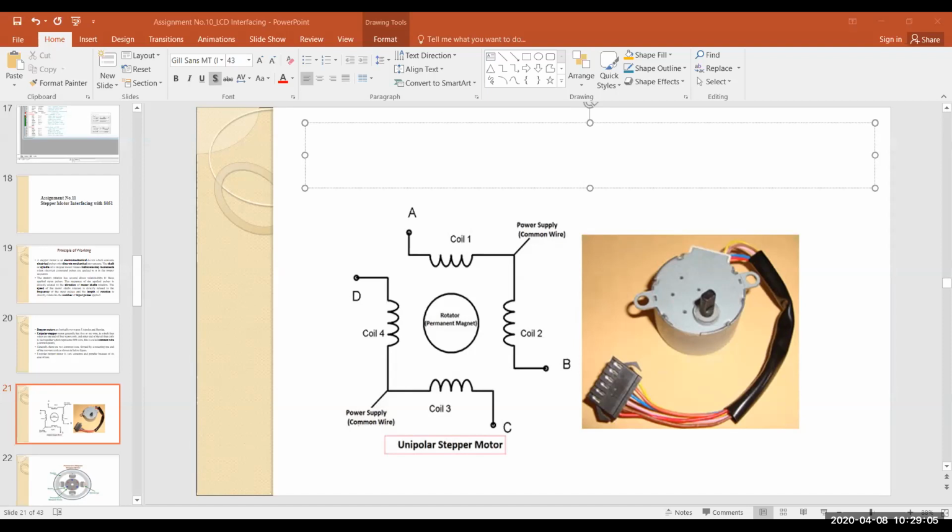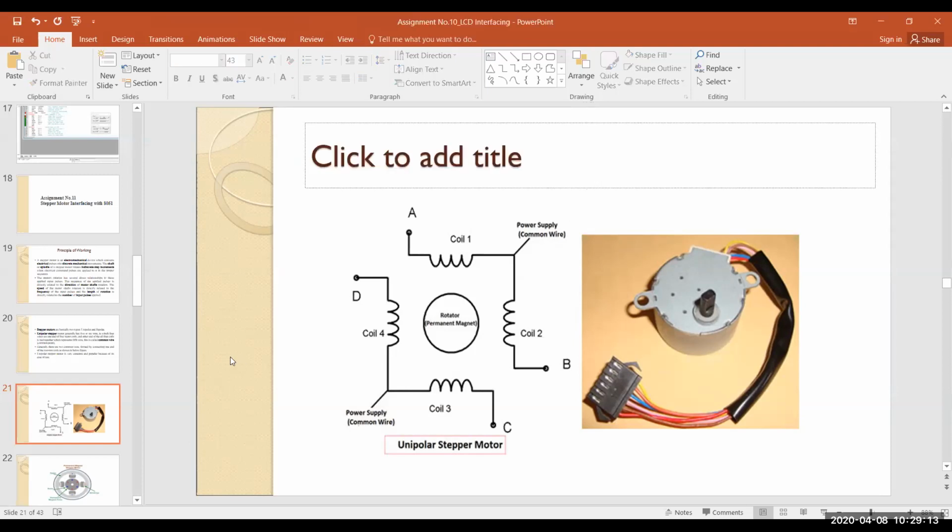Okay, fine. So now where we are, just wait 1 minute. This is a stepper motor called a unipolar stepper motor. I said there are two types of stepper motor, unipolar and bipolar. The unipolar stepper motor we are using in our lab. We cannot connect the pins you are able to see on the screen directly.